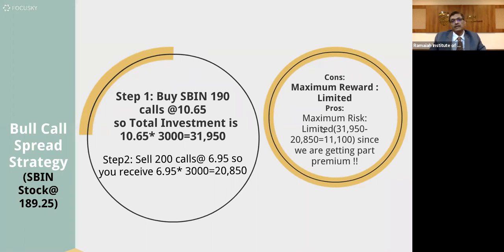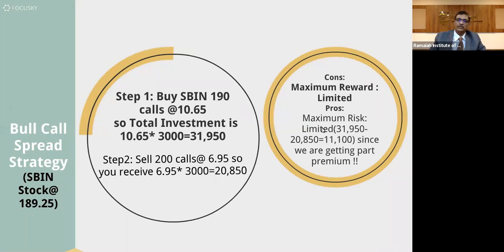And I buy, let's say at 190, I pay 10.65 per call. Again, the same example, my investment is 10.65 into 3,000. Why is it 3,000? Because that's the marketable lot. If you buy Hindustan Lever, it's 300. If it's something else, it could be Apollo Hospitals, for example, the marketable lot is 500. Here it is 3,000. So I invest 31,950,